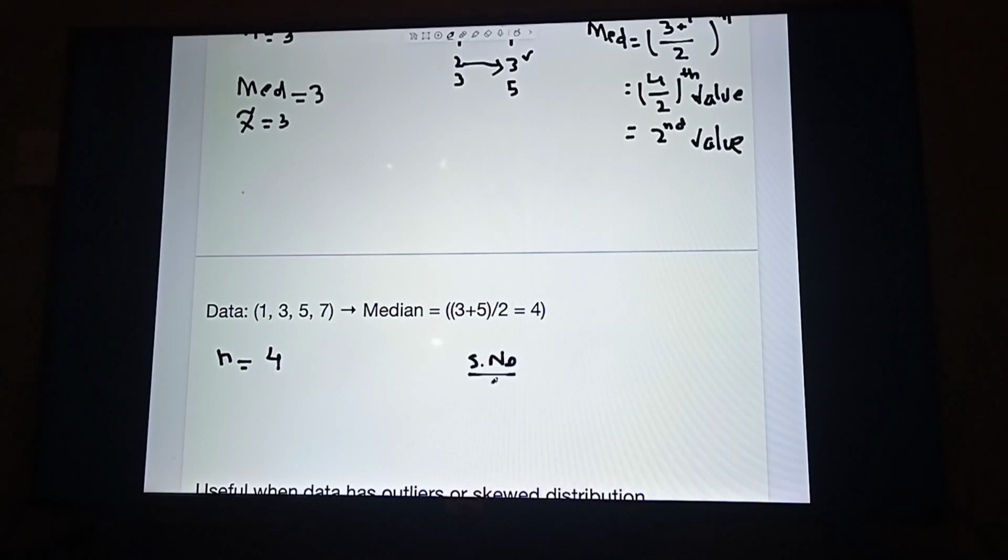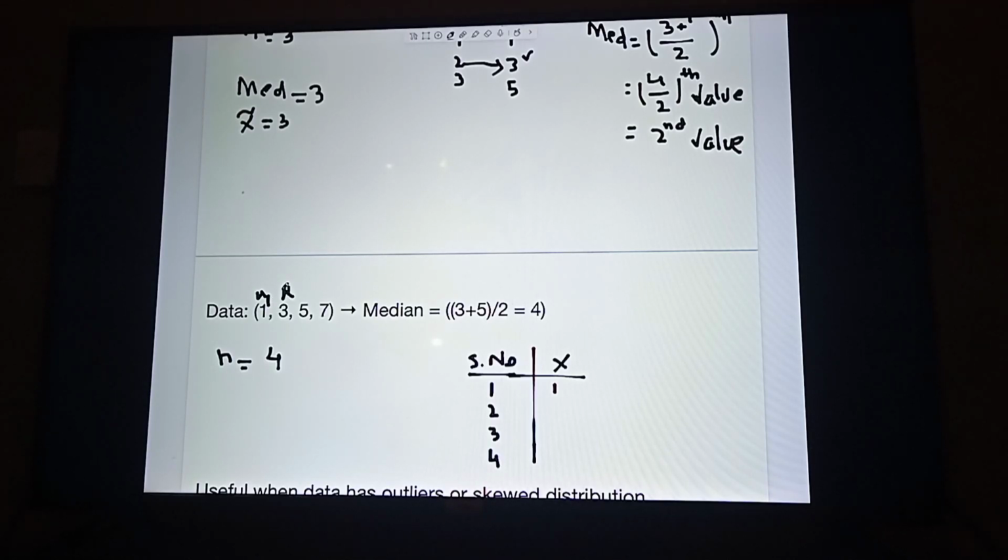How many values are there? 1, 2, 3 and 4. Then write the values. Denote the data set with x. First x1 is 1, second x2 suppose,